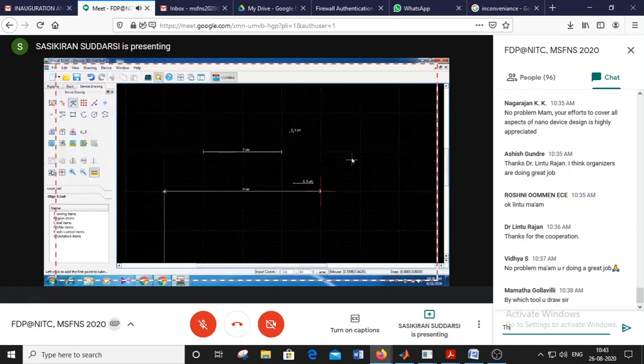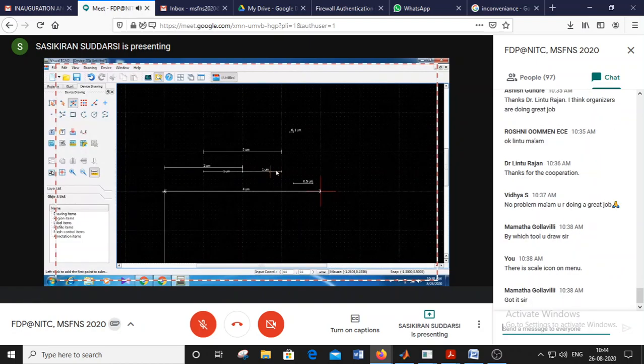We need to locate that electrode exactly at the center. So for that I have a plan. You can start from any corner, so it is exactly 2 micrometers. From here I can extend a little bit to the right side and a little bit to the left side. Why I am drawing like this is so that you can draw the geometries exactly at the center.